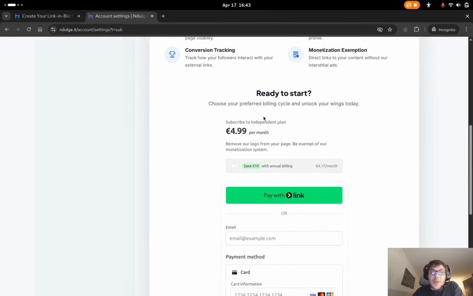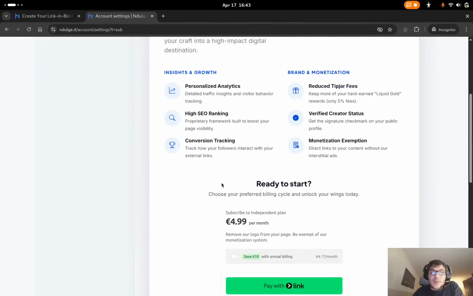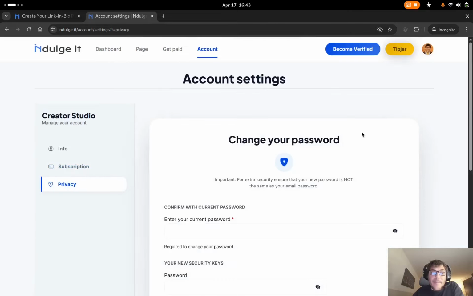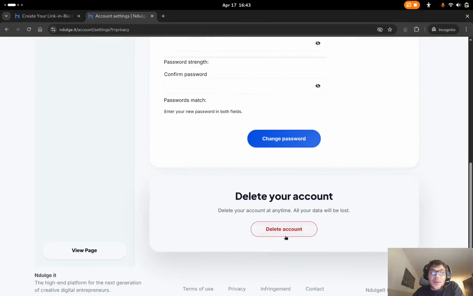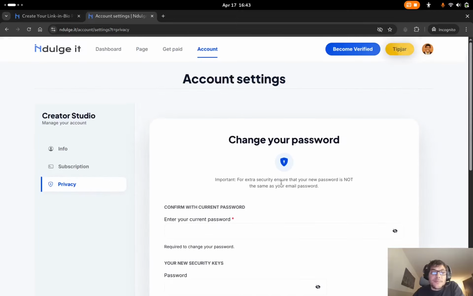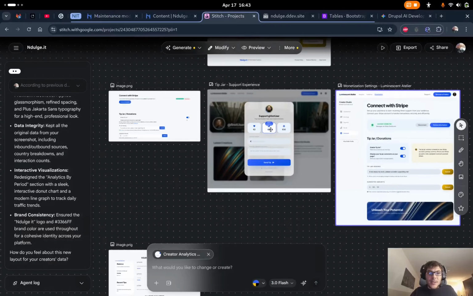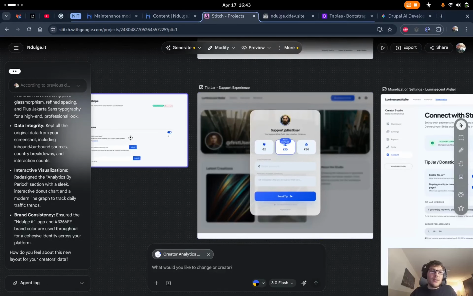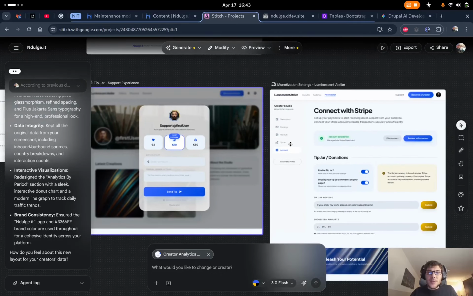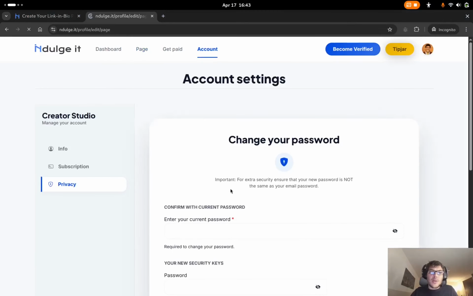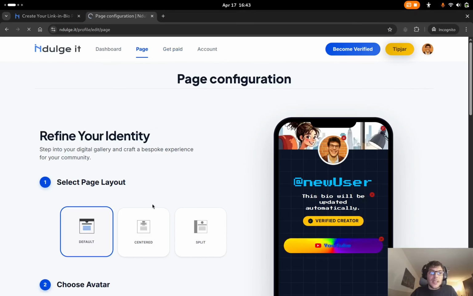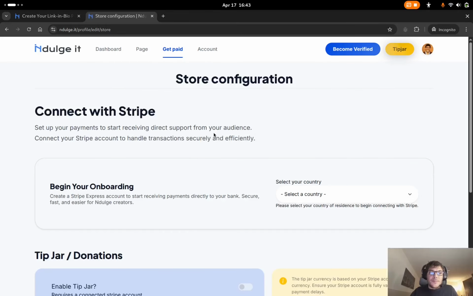Elevate your digital presence, so that's if people want to subscribe, and the password, and if you want to delete your account. I think that's basically it. I will pass on a lot of other details, like when users want to tip someone, to connect. We can go check this, but I think I'd rather show you